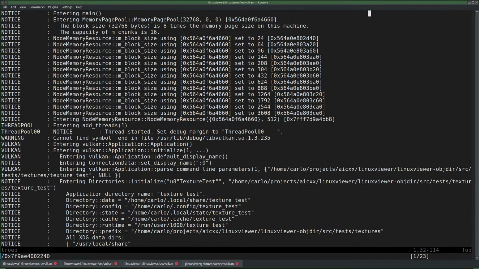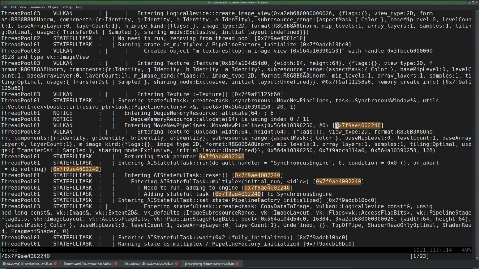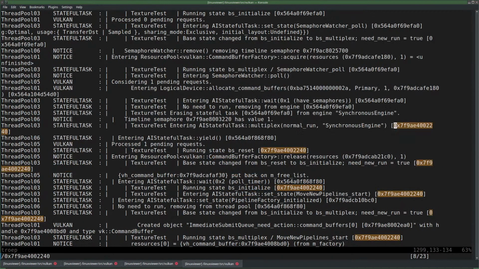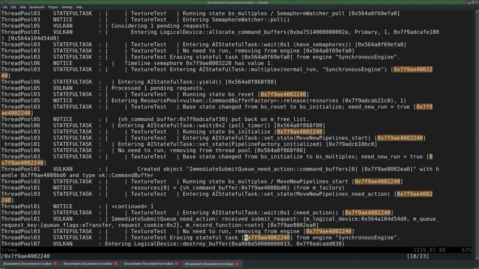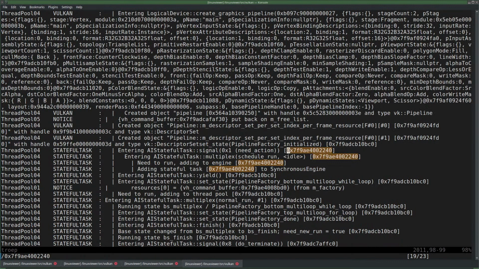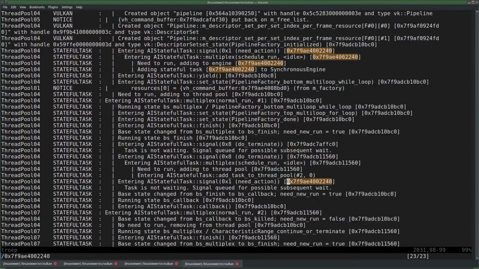Start at the top. Task pointer, need to run, adding it to engine, initialize. Start, need action, no need to run, erasing. Need action, need to run, adding to engine, adding stateful task to synchronous engine. And then after this,